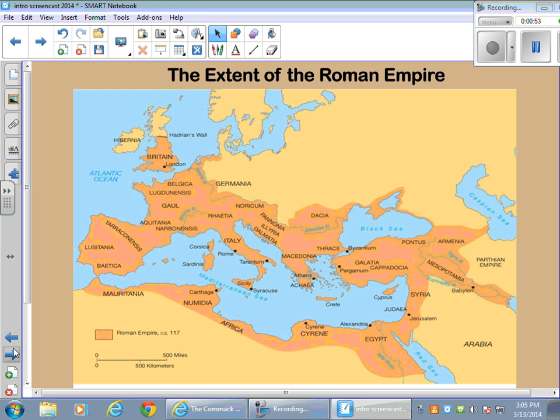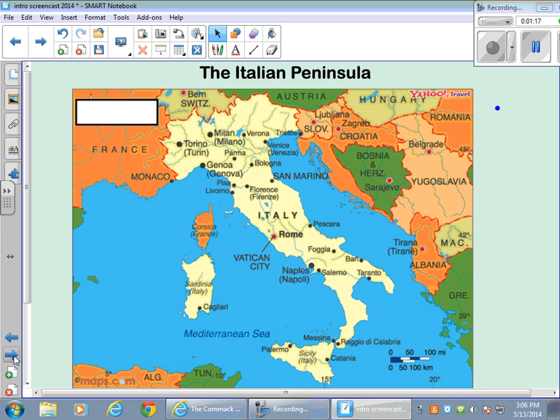So through the chapter, we're eventually going to get to how large the Roman Empire gets. The Roman Empire extends as far north as Britain and extends as far east as Mesopotamia and as far south as this entire northern coast of Africa. But Rome, of course, doesn't start off this large. In fact, it only starts as a small city here on the Italian peninsula.